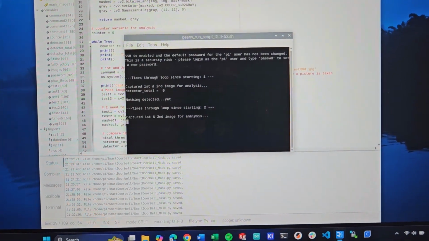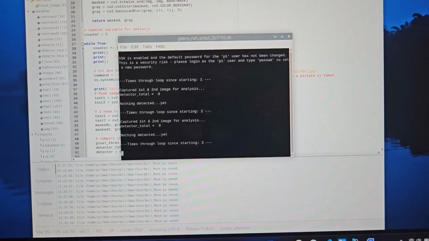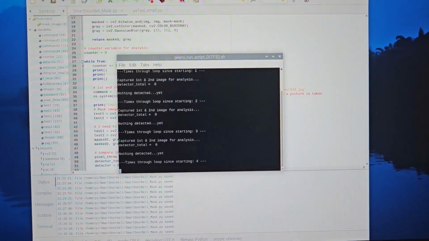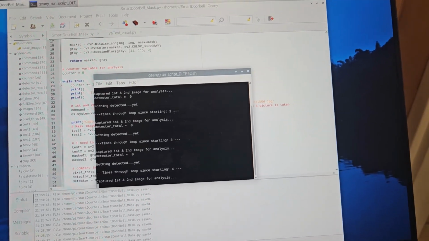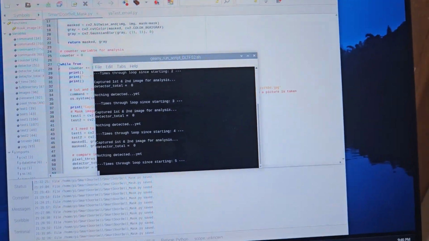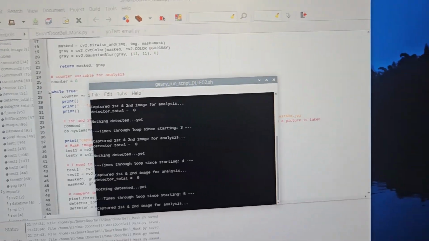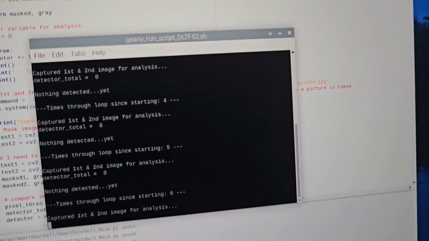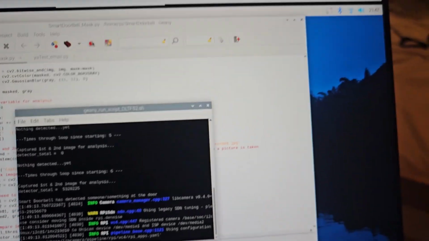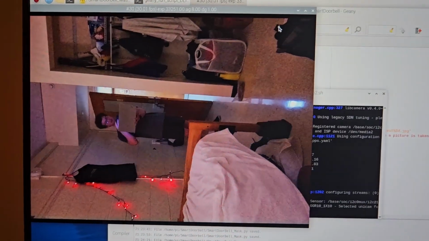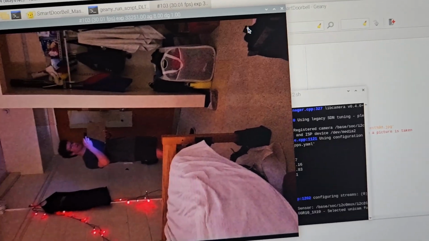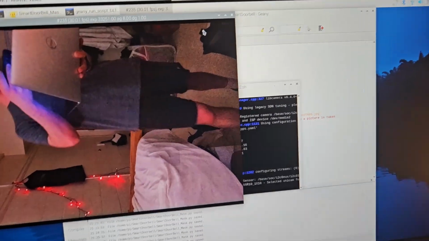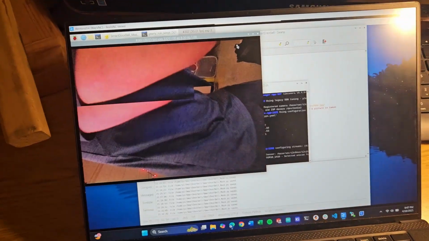You can see that it's now looping, taking the images. However, since I haven't entered the room yet, it's not detecting any change in the pixels. So what you'll notice is once I enter the room, it will now have detected my movement, and it is now beginning to record and watching me walk in, put my laptop down,